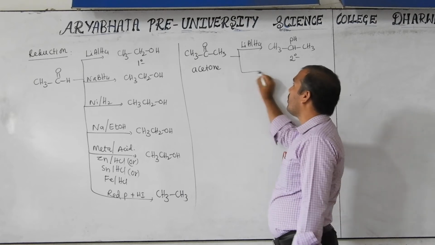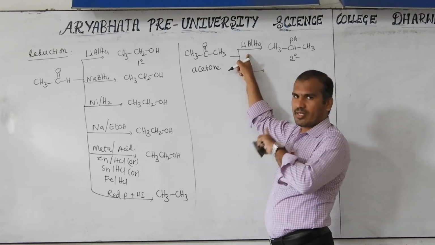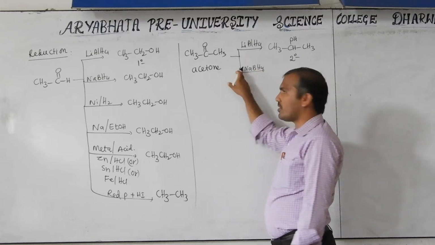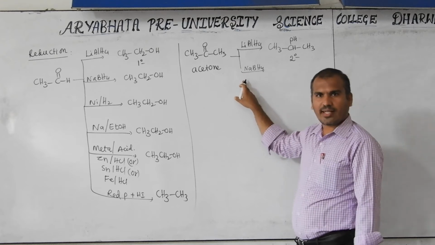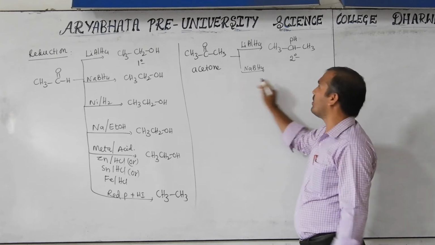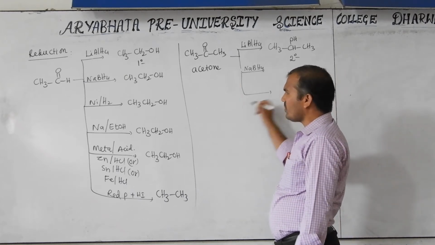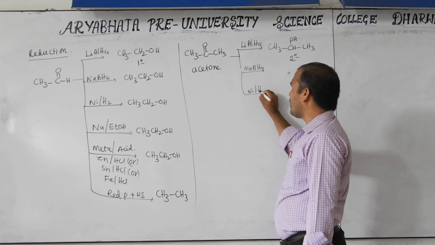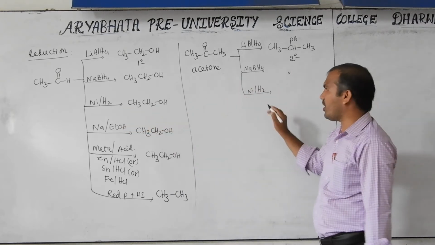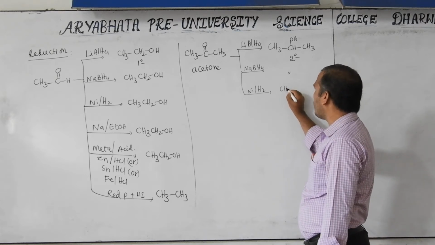Here also you have to take the second step, acid hydrolysis, even though I am not writing it. Then with sodium borohydride, the first step is sodium borohydride and the second step is acid hydrolysis, not represented but you have to consider it. Then the same product forms. Next, nickel and hydrogen: here acid hydrolysis is not there. Only nickel and hydrogen, or platinum or palladium, any one, gives the same product.